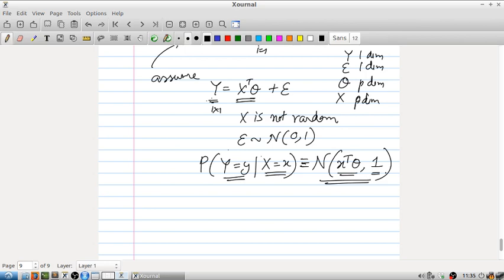Okay. Now, since it's parameterized by theta, I'm going to put a theta here, okay? Because if you see this, the x, as I said, is not random; it's data. I'm going to substitute data there. Theta is the only thing that is going to determine how this normal distribution looks like, right? What are the centers of this? What are the means of this normal distribution? So if I do